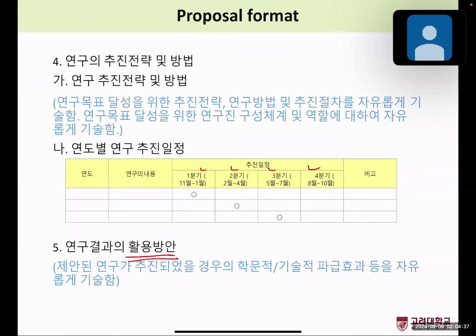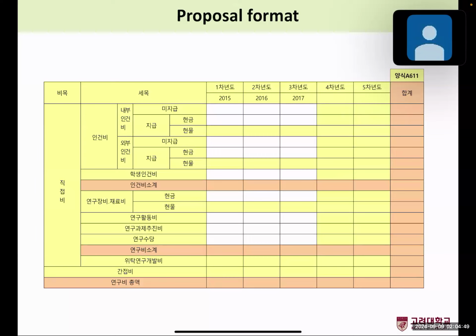So how do you expect the experimental outcomes, the project outcomes, will be useful for the society and also for the scientific community, right? And you also need to suggest the money that you will be using, depending on the different purposes, right? So, for example, how much for student stipend, how much for the equipment, how much for attending conferences, how much for setting up the lab, and so on.